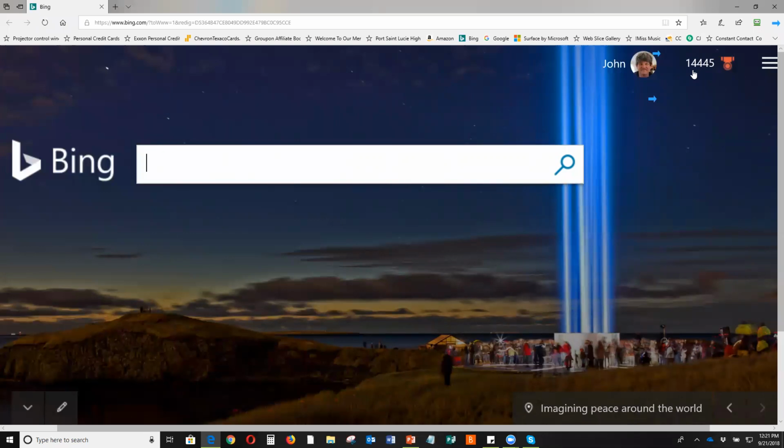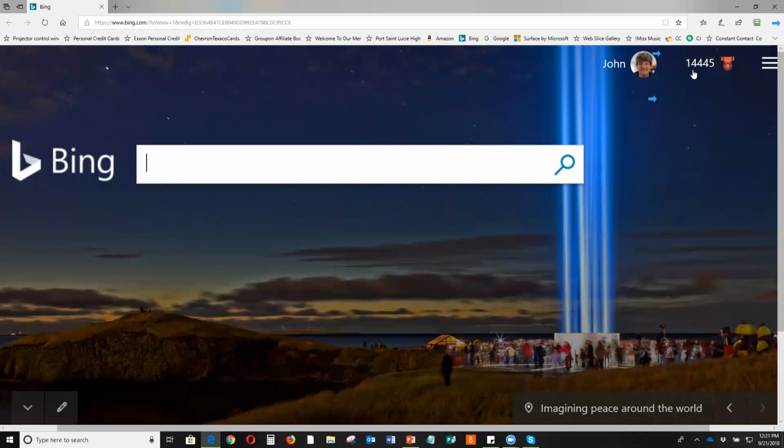That's how many points I have for using Bing search. Microsoft will give you points if you use Bing search. And as you can see, I've got 14,000 and almost 14.5 in points, so I use it a lot.